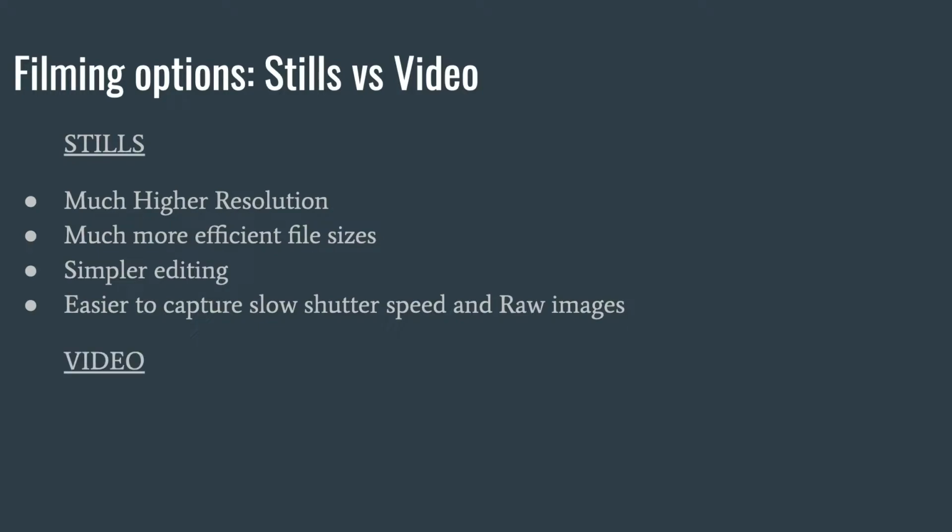Now the benefits of video though, and the reason it's worth even mentioning, is because it can capture really easily hard to capture moments. So if, for instance, you had a subject that was jumping up in the air and you needed to capture the moment of the highest point, you could easily capture that with video by just hitting record. Whereas with still images, it's a little bit harder because you're going to have to take a photo at the exact right second. And you can still achieve this using fast shutter modes, but video is much simpler to